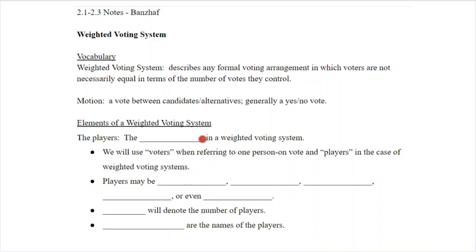First, we have the players. The players are the voters in a weighted voting system. We are going to use the word voters when we're talking about a traditional one person, one vote system of voting. And we are going to use the word players for weighted voting systems. Now, players could be individuals, for example, in a corporation, if you're having a shareholders meeting,